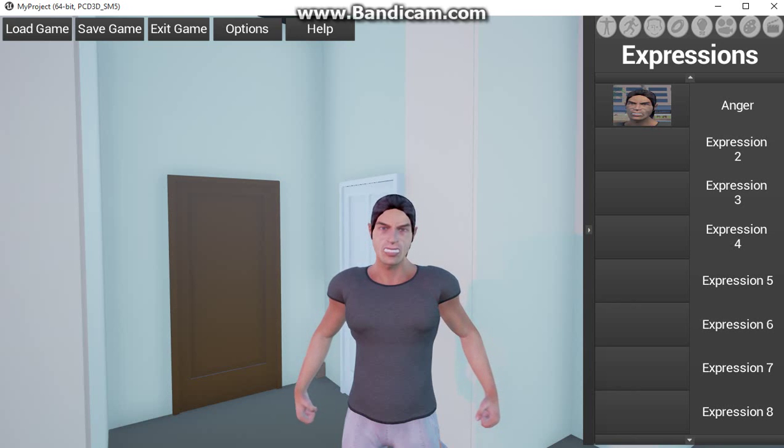It was again the ability to go ahead and do some C++ programming, a series of morphs for the character, the ability to go ahead and load, save, and exit the game,